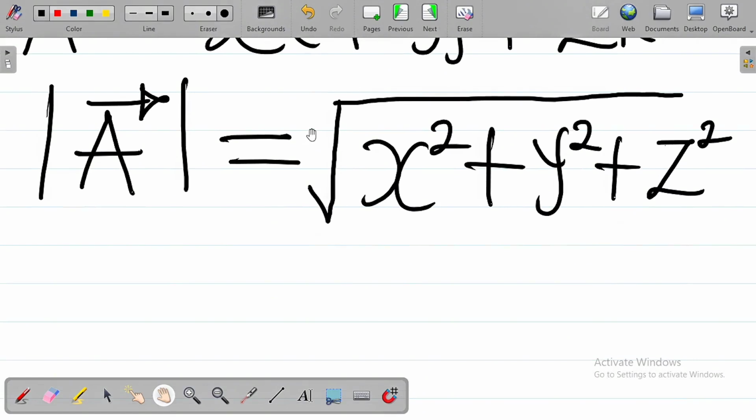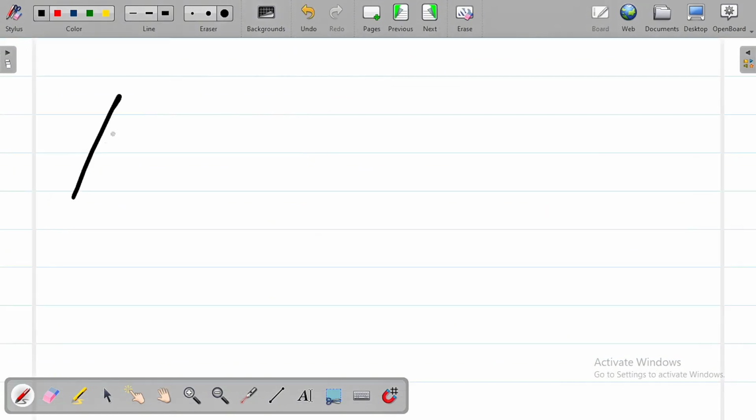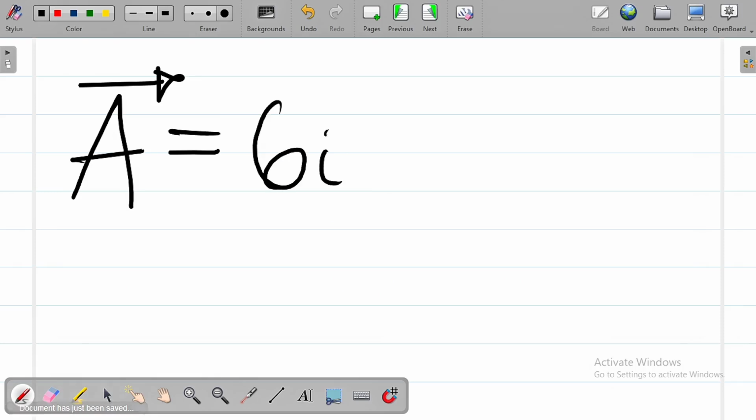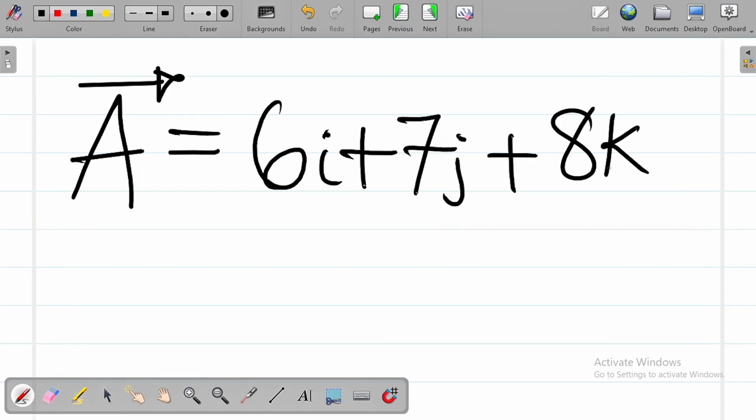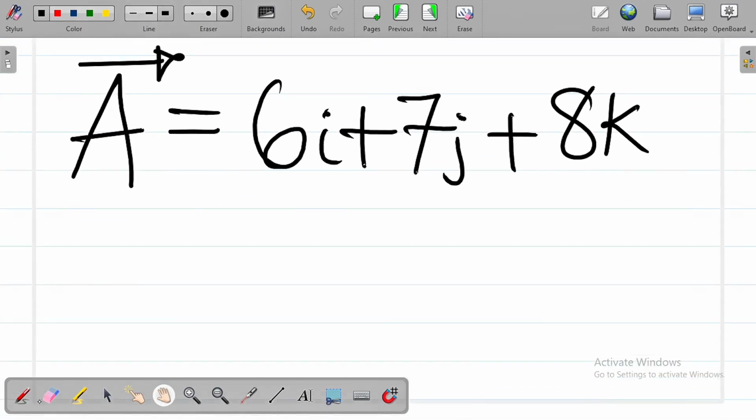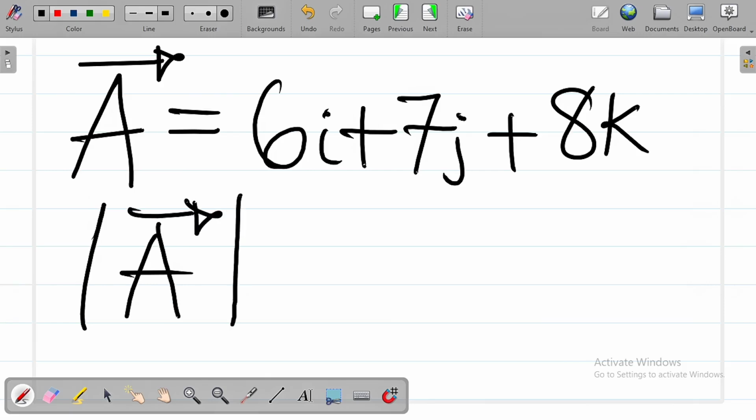All right, so let's take a proper example. We have here vector A is equal to 6i plus 7j plus 8k, and we are asked to find the magnitude of vector A. How do we go about it? So the magnitude of vector A, denoted as this, is equal to